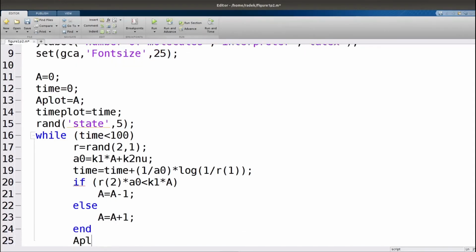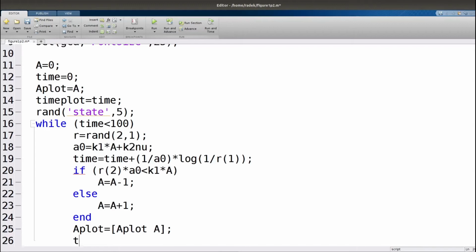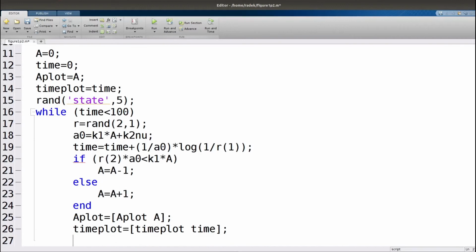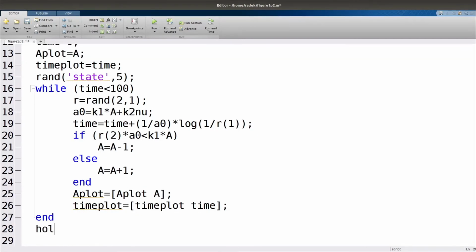In each iteration, we store the number of molecules and the corresponding time in vectors aplot and timeplot. This is a MATLAB construction which allows us to add additional entries to vectors aplot and timeplot. The results stored in vectors aplot and timeplot are plotted using the following commands.